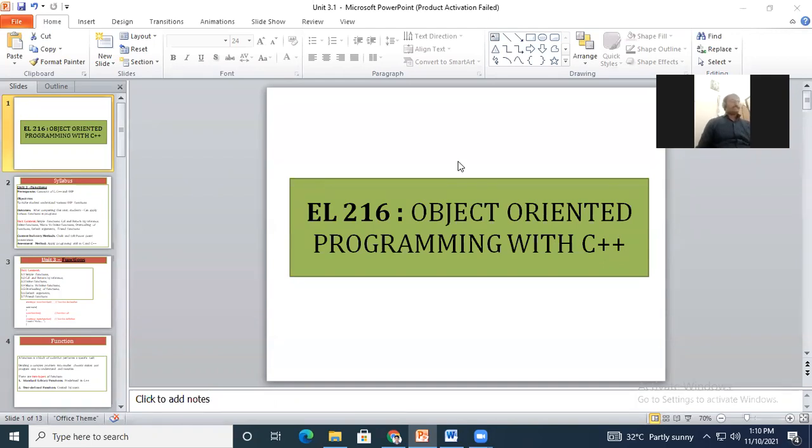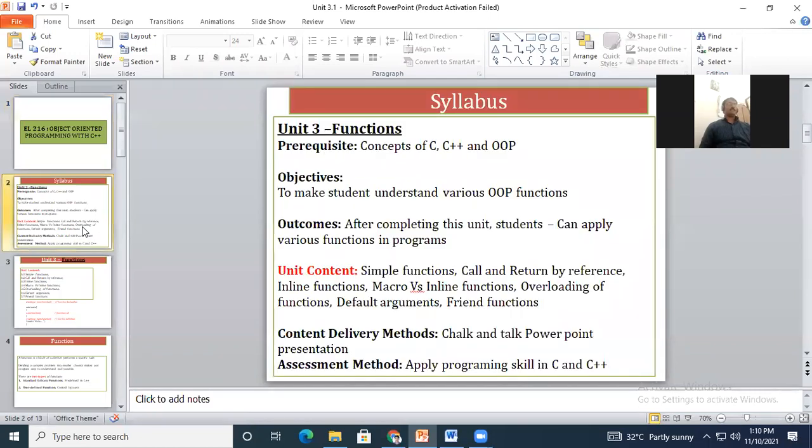Now we will start with our subject, object-oriented programming with C++. We have started, if you remember, I will quickly revise. We started with the first unit, the basic concepts.